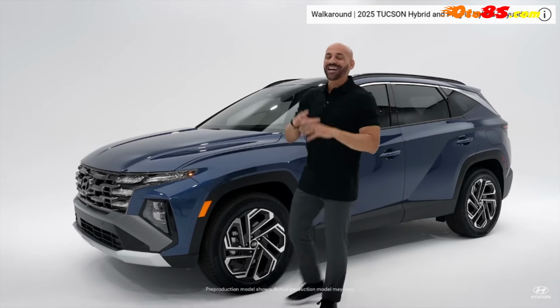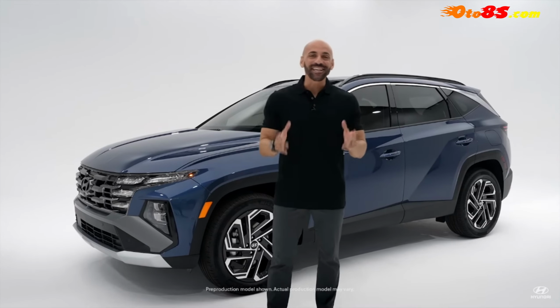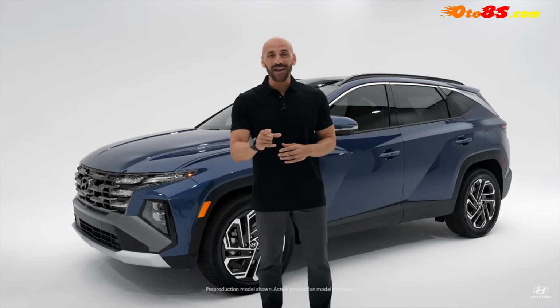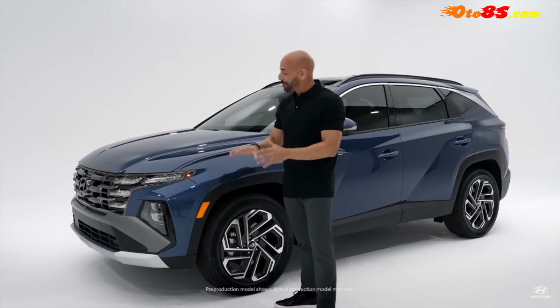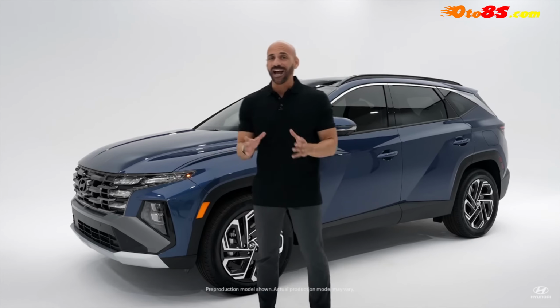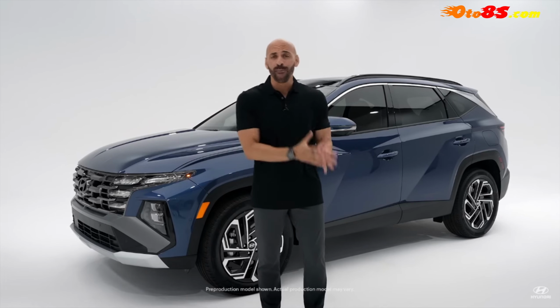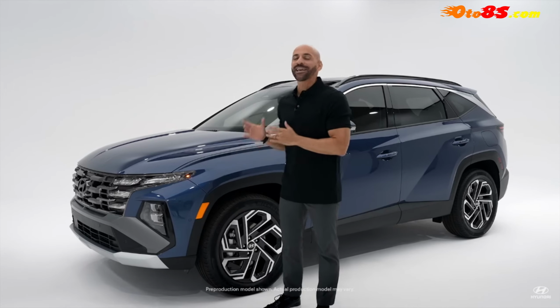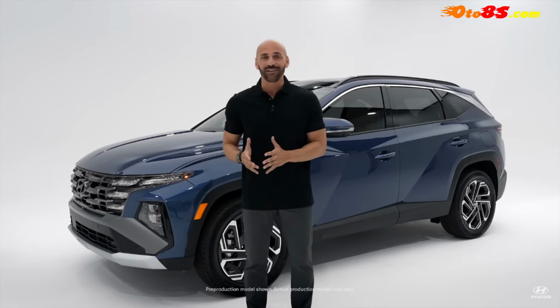Tucson is Hyundai's hottest selling SUV, and for good reason. Yet it keeps getting better, especially when it comes to the refreshed 2025 model. With a bold new face, sharper design touches, and a restyled interior with bigger screens and a more modern look, this Tucson hits it out of the park when you're looking for an innovative and highly capable SUV with tons